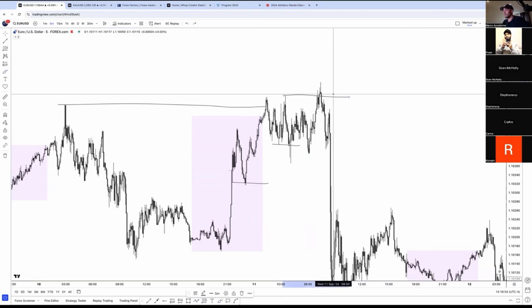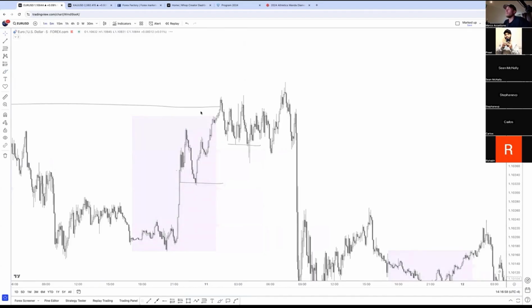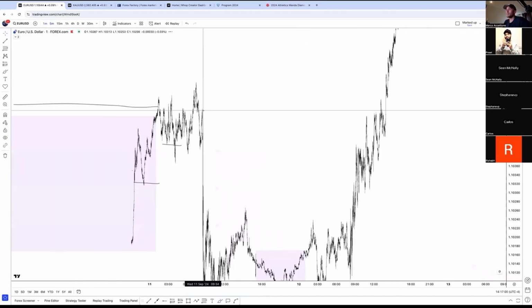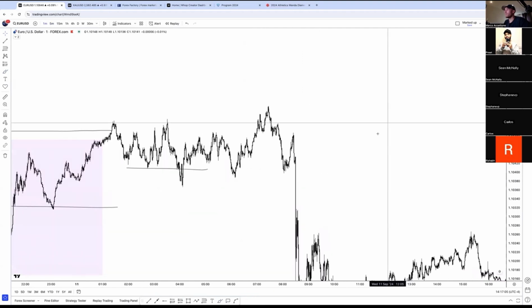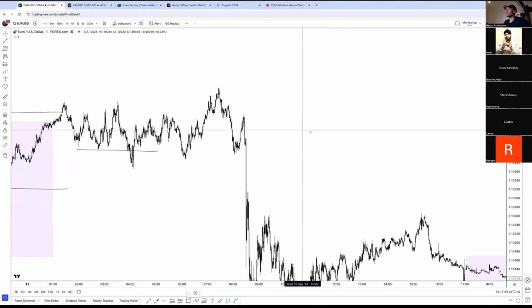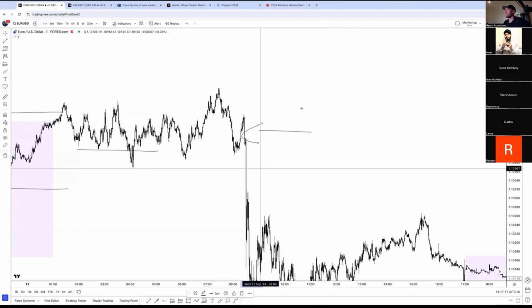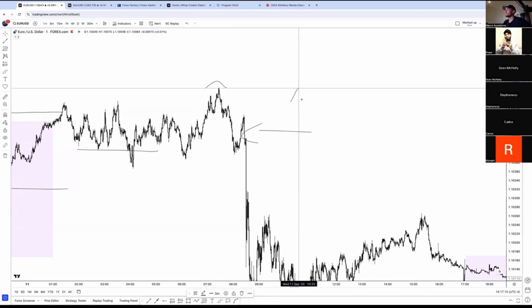Unfortunately, it looks like from the M5, we don't really have any entries that were presented. I believe M1 is just going to be the same thing. Yeah, tough one. No entries. I would have just waited for, again, same thing over and over, guys. Just like we had on the buys, I would want the same thing. So we print this high here. Print that high. Now we come down.